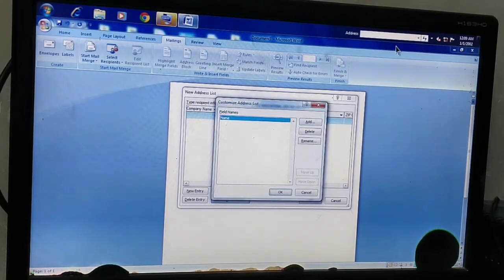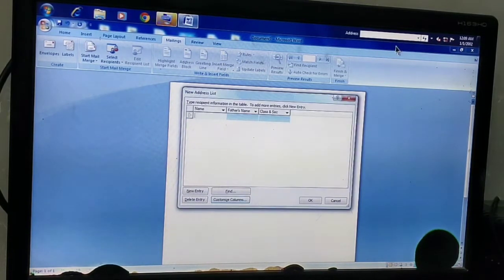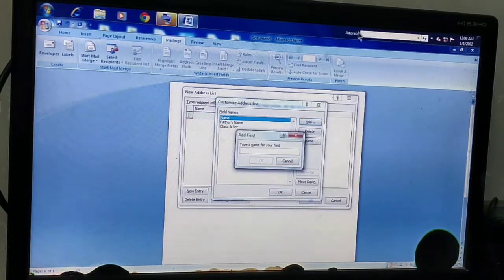Click on OK, or you can press the Enter key, then press A. I need the father's name, then I need class and section. If you need any more fields, you can click on Add. I need the address.